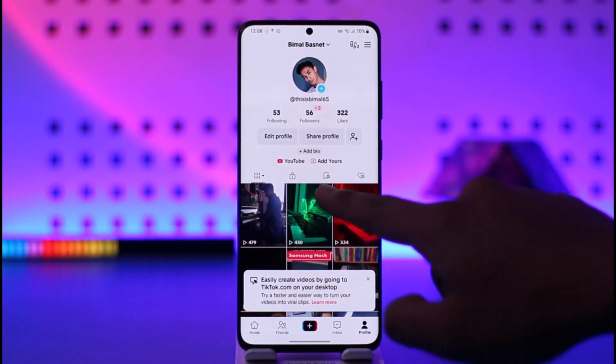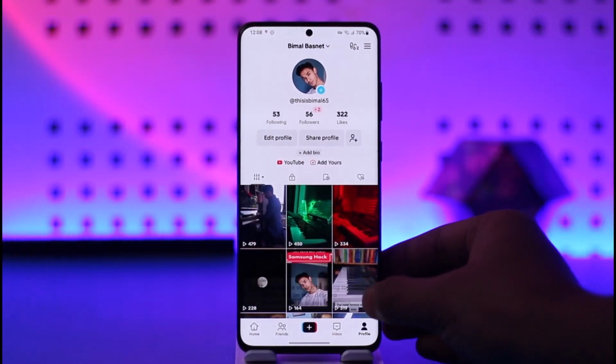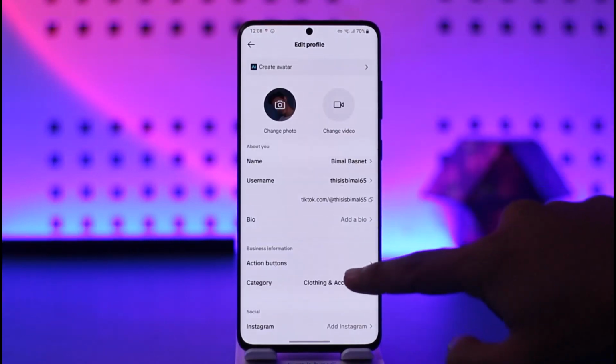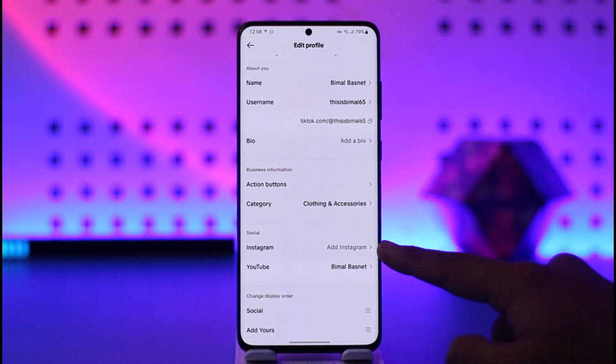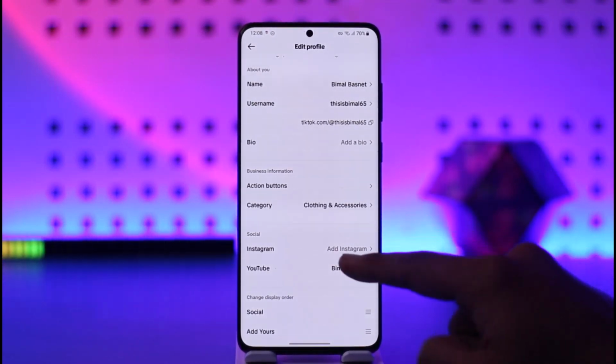Right now you can see in my case I have already added a YouTube, and similarly if I want to add an Instagram account, all I need to do is tap the edit profile option here, and once I tap on edit profile, scroll down under the social tab, you'll find Instagram and YouTube. Now for YouTube I've already added. For Instagram, if you want to add it, tap the add Instagram option here,